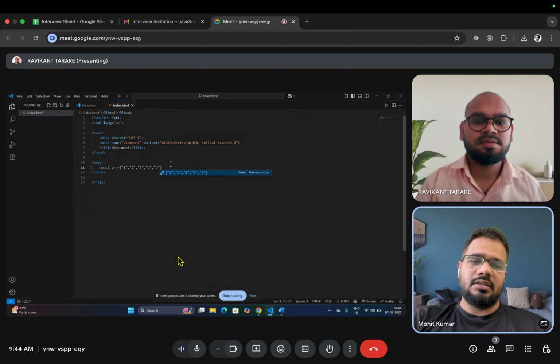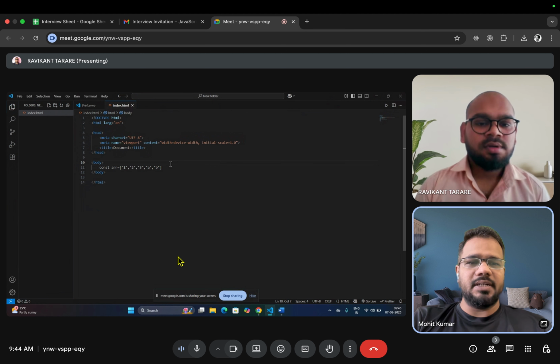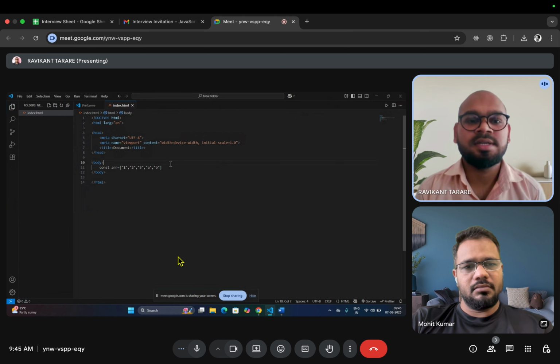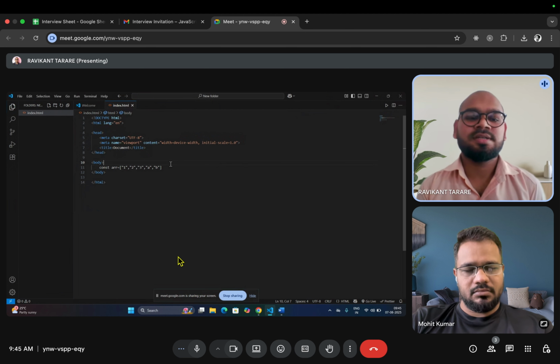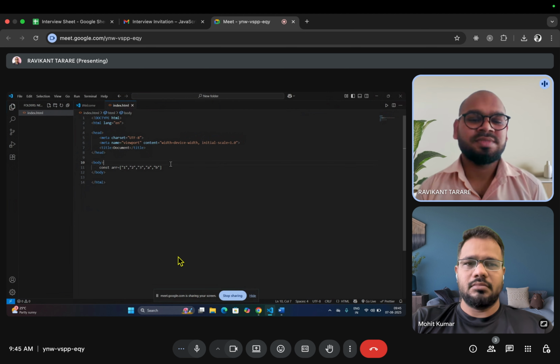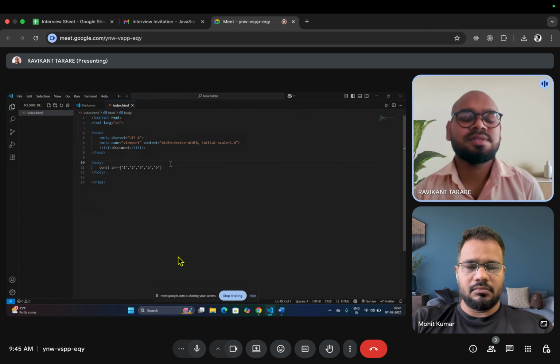And next question is, what's the difference between double equals and triple equals? Double equals we generally call loose equality, and triple equals we call strict equality. Double equals compares only values, it doesn't compare data types. But triple equals compares both data types and values.